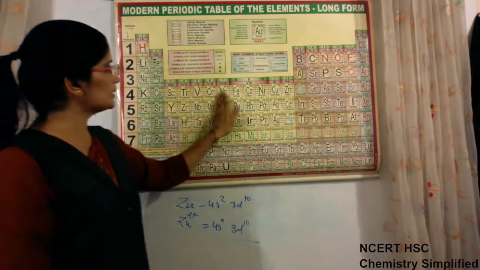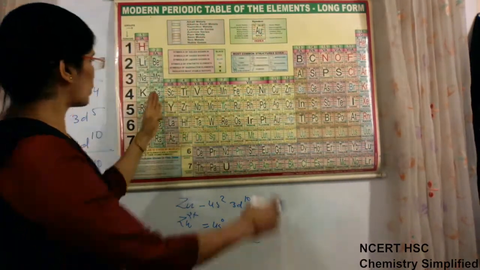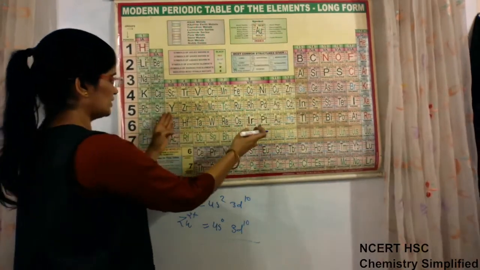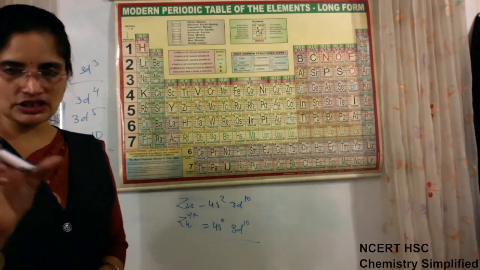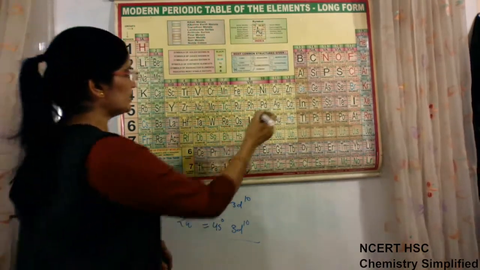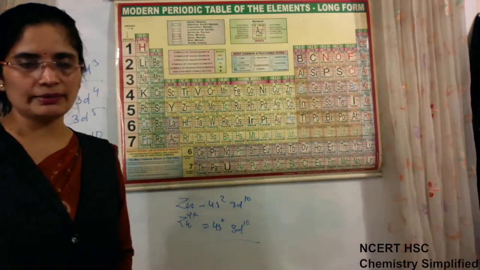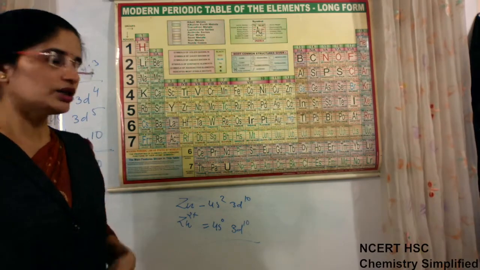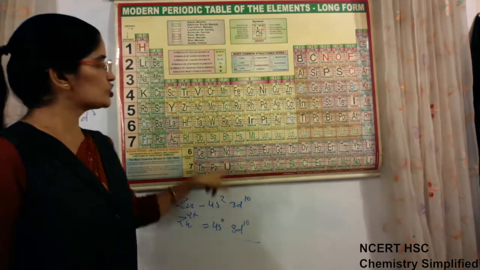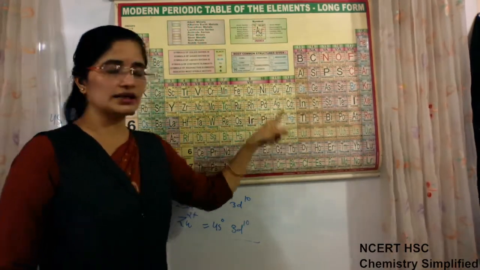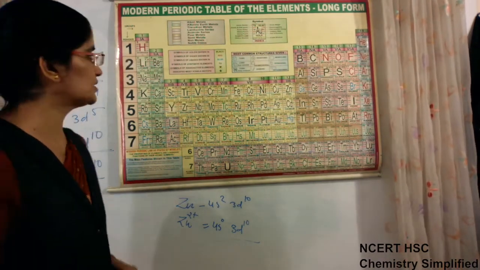So out of all the elements which are present here, all are d block elements. Scandium to zinc, yttrium to cadmium, all. But if we talk about transition elements, this 12th group you will not include in transition elements. This you have to keep in mind. Though it is a d block element because the last electron is going in d. So zinc, cadmium, mercury are d block elements, but they are not transition elements. They cannot be called transition elements.